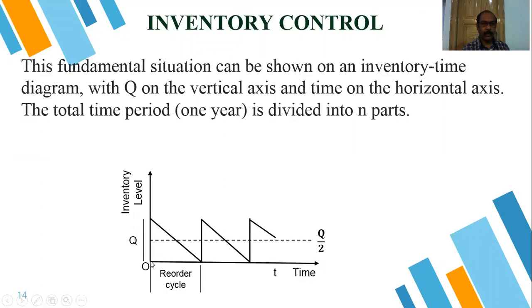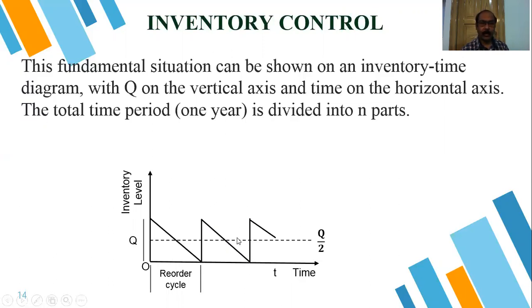As soon as we start production, consumption of the item starts, so the inventory slowly decreases. When the time cycle T is complete, this quantity of inventory decreases to 0. As soon as it decreases to 0, we get the inventory again at the same height. In the next time cycle T, it again decreases and reaches 0, and it is again replaced instantaneously by the same quantity Q.